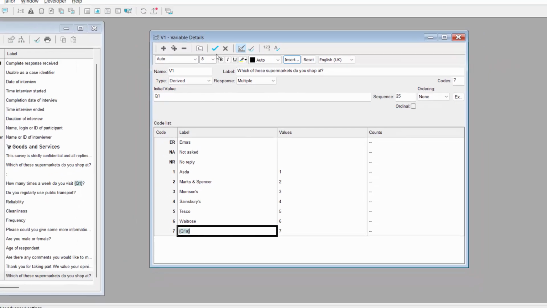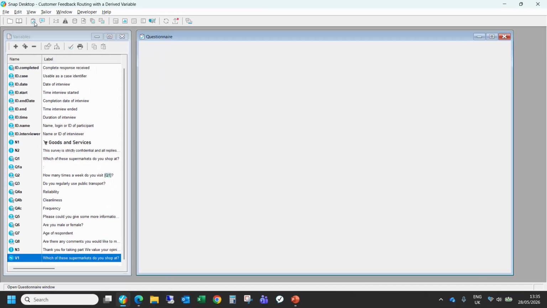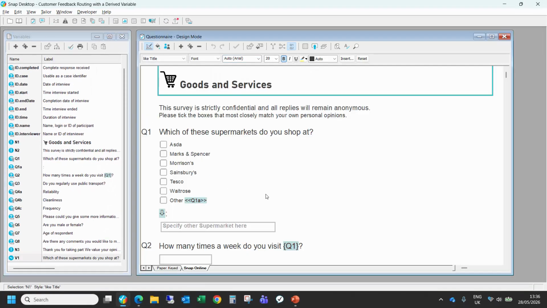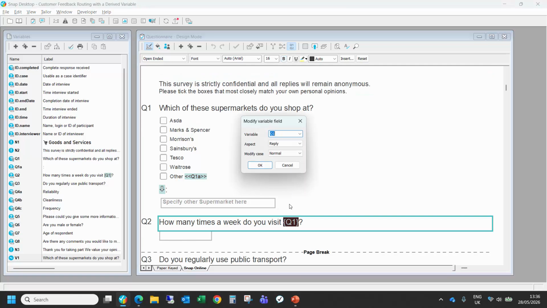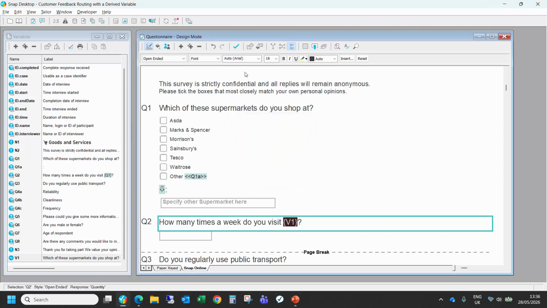If I save with the blue tick and head back into the design window, I'm going to replace the dynamic q1 and instead use v1. If I save that and do another preview,